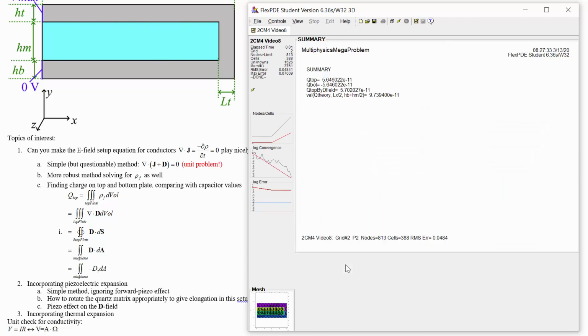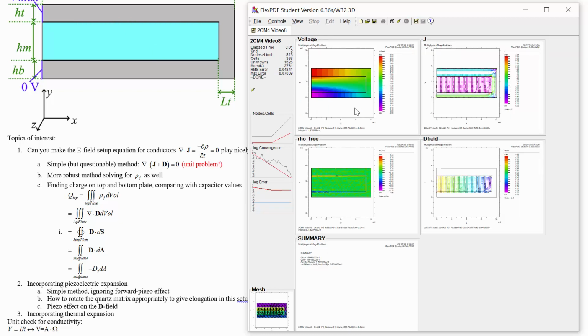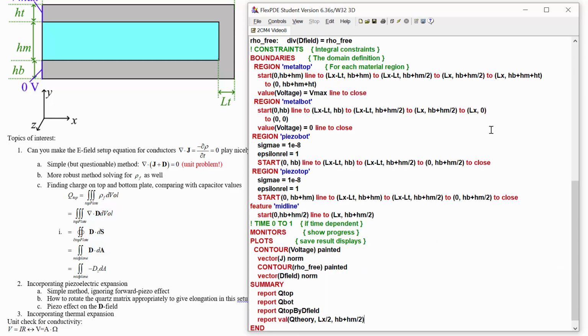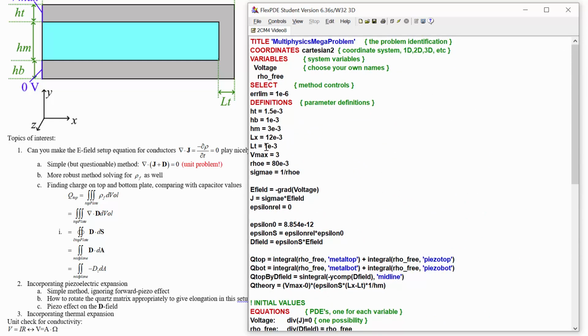Yeah, so this is the charge that would happen if we had this 3 volt thing there and this 0 volt thing there all the way across. So not surprising, the actual charge that shows up is somewhat lower than this one. That's kind of a check already, but we can do an even better check by going and changing LT to